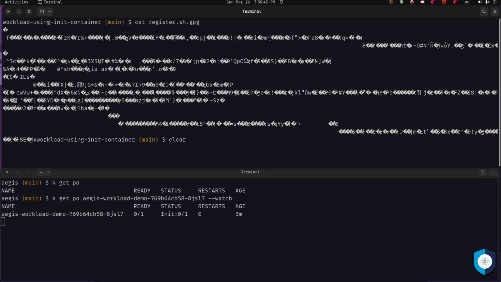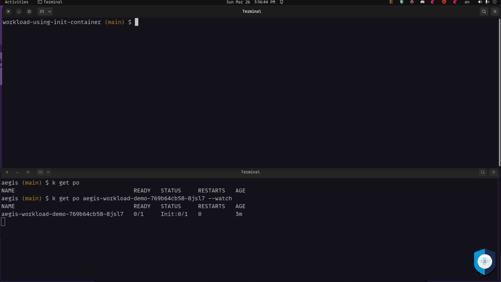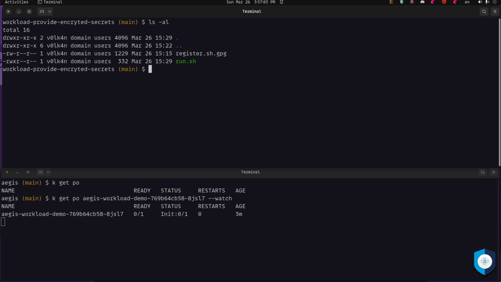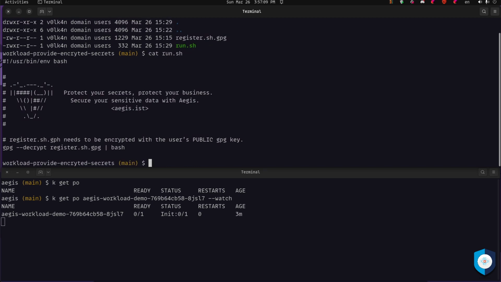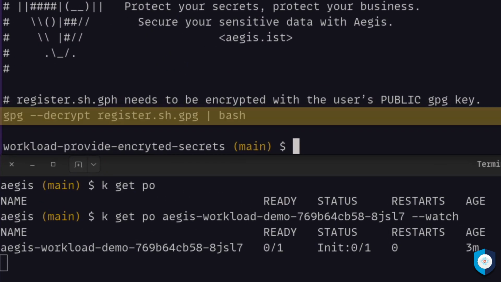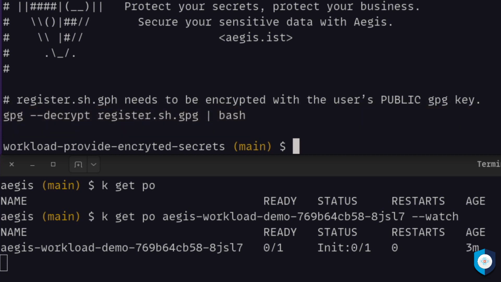Now let's assume that we pushed this encrypted file to our repository and the CI pipeline detected the change and downloaded it to trigger a runner. And this run.sh, for the sake of our argument, is that runner. So let's see what it has in it. Well, it's a one-liner. We decrypt the file using the CI/CD pipeline's private key this time,